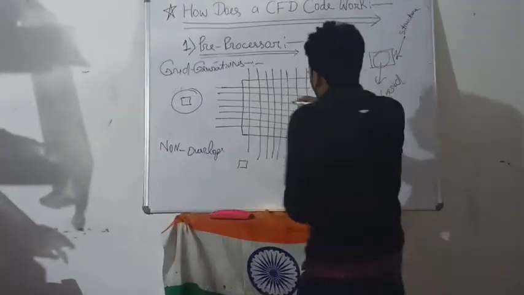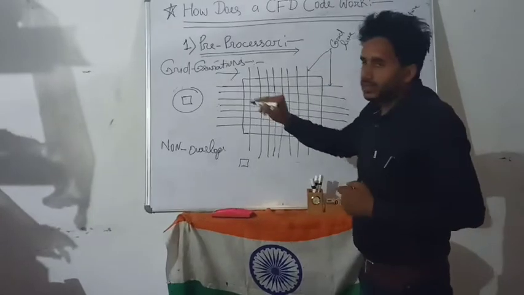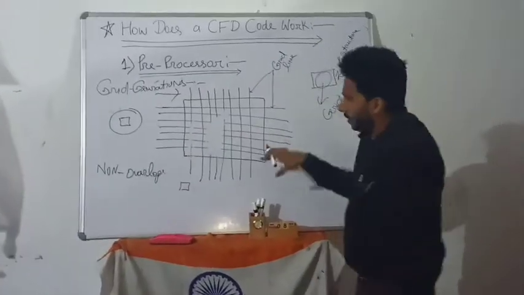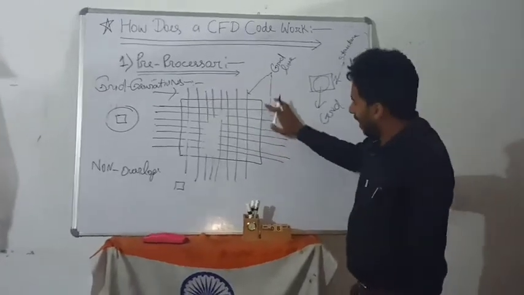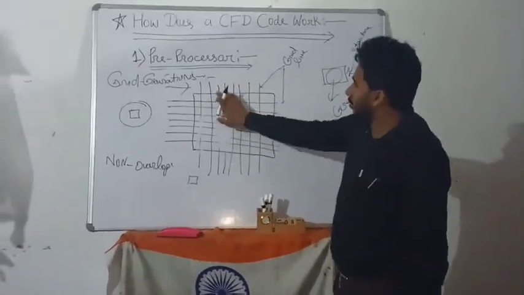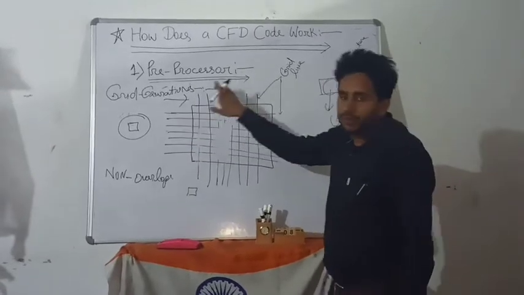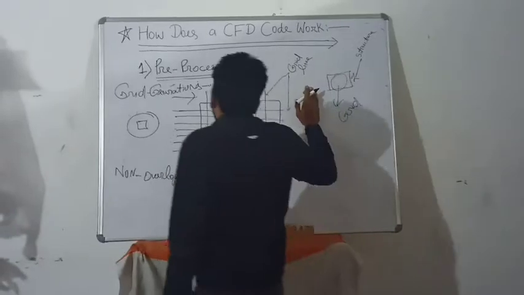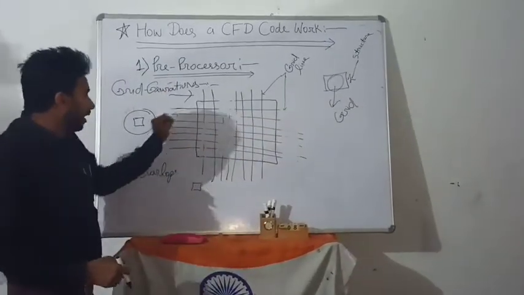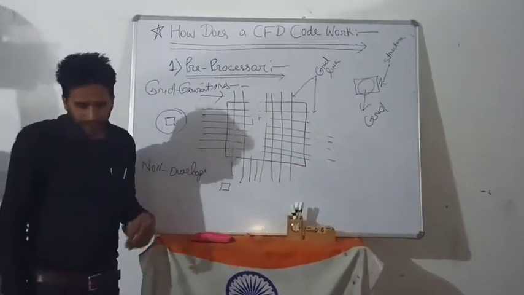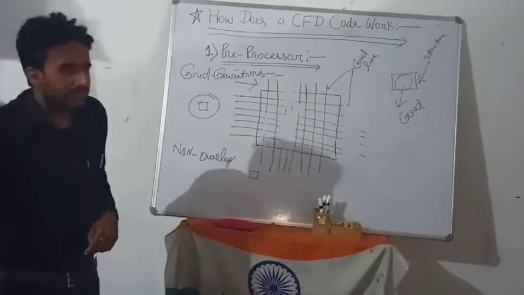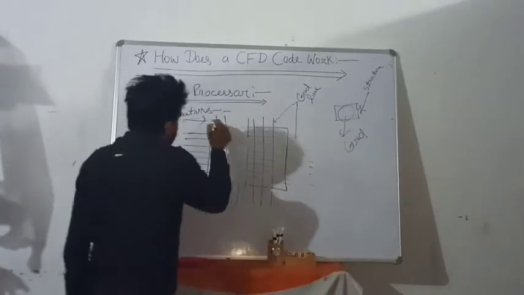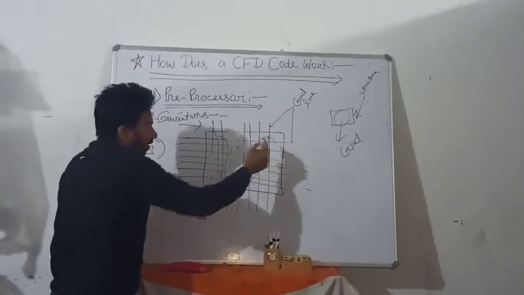Then take any fluid flow in the x direction. I have taken one geometry with three stationary walls and one moving wall, with fluid flow in the x direction, and this model is solved by the pre-processor. The next is the definition of fluid properties. We check what the fluid properties are so that the problem can be fully solved.